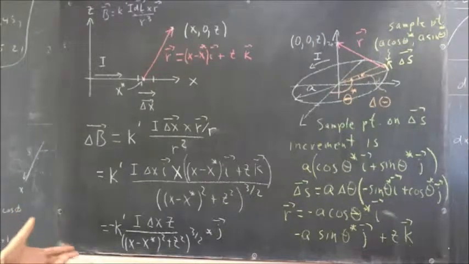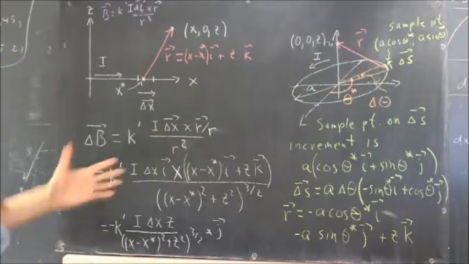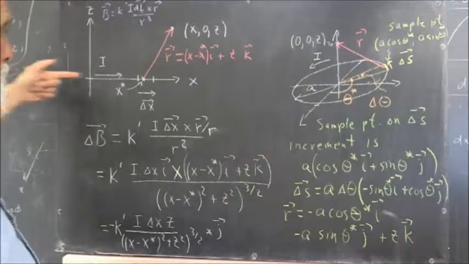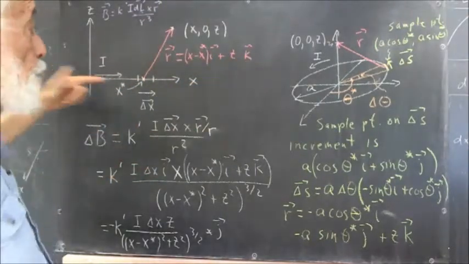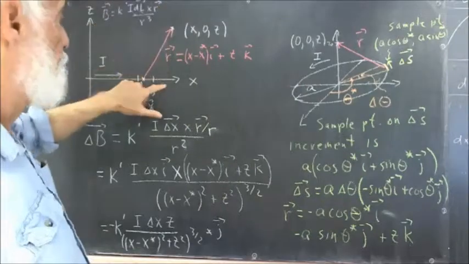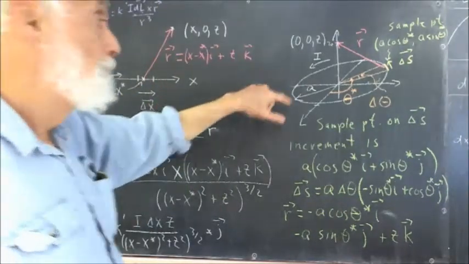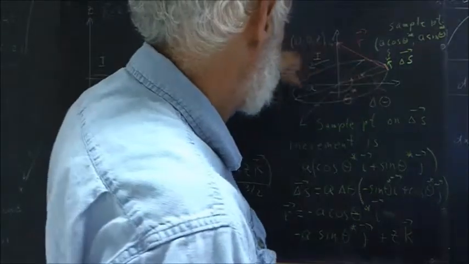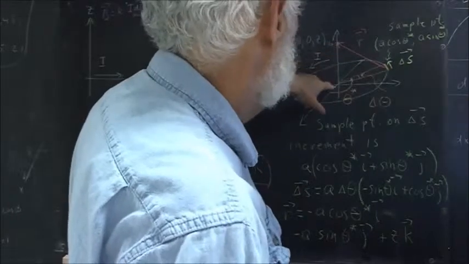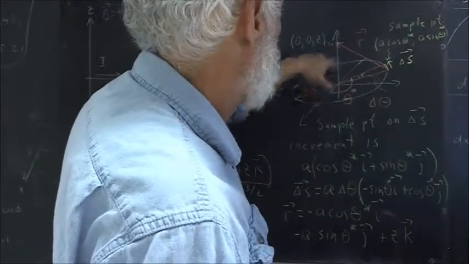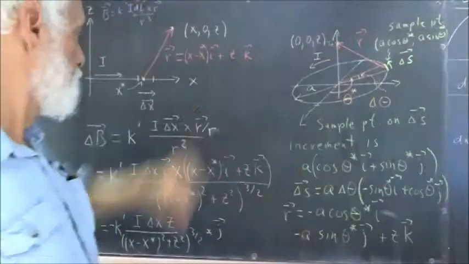The first two problems address two situations. One situation ultimately leads to analysis of the field of an infinite line current at a point somewhere that's not on the current carrier. The other, the field of a current running around a loop at a point on the central axis perpendicular to the loop. So we'll look at both of these